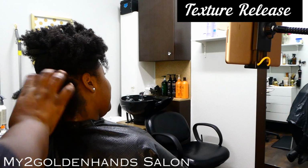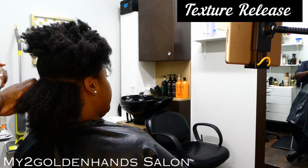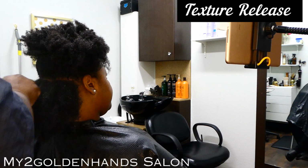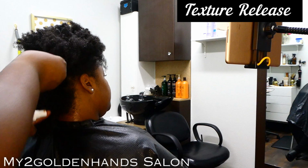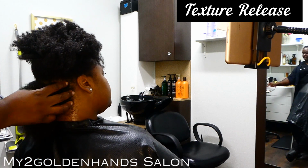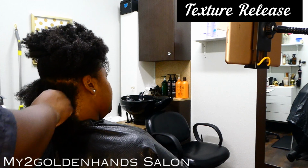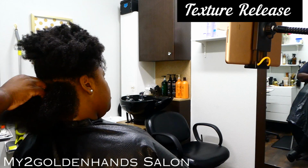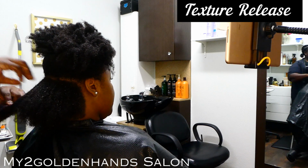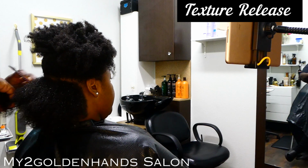With the texture release system, the silk press is not the only thing it helps maintain. If you are natural and you would like to wear your hair in its curly state, then your natural hairstyles do last longer. With the solution that is penetrated into the hair with the flat irons, it helps with flyaways and it helps elongate the curl pattern of the hair, which helps maintain hairstyles and enhance the length of